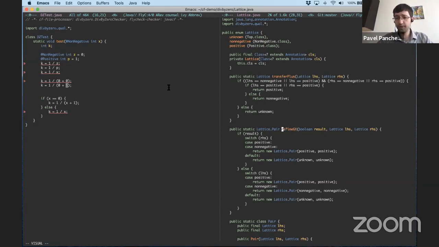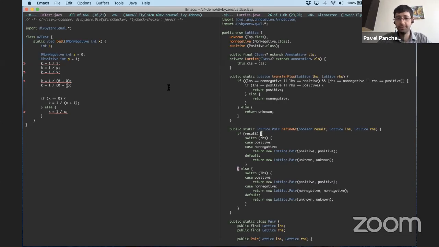Well, refine greater than is run with a left-hand side and a right-hand side to the greater than comparison, and also a Boolean result. So that result will be true if the greater than returned true, false otherwise. And what it's returning is a new pair of annotations, an annotation on the left-hand side and the right-hand side in particular, that are additional information we've learned because we know the result of that Boolean.